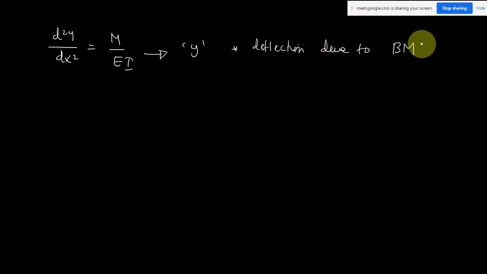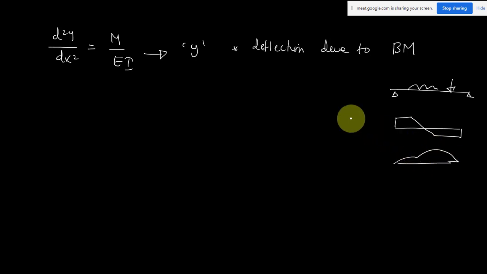Because of the shear force there will be some deflection, but compared to the moment, that deflection value will be negligible. That is why, whatever method you are using, the deflection you are getting is the deflection due to moment. Suppose a question has some loading, some shear force diagram with some values of shear force, and some moment also. Whatever method we take, moment area method or conjugate beam method, we are considering only the moment and neglecting the effect of shear force in the deflection calculation.